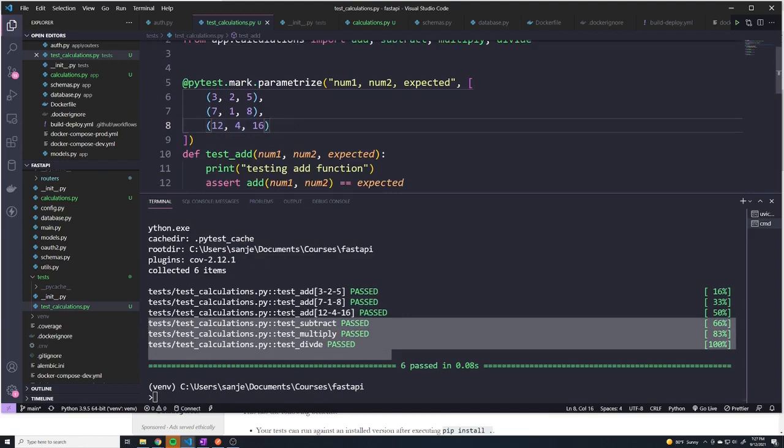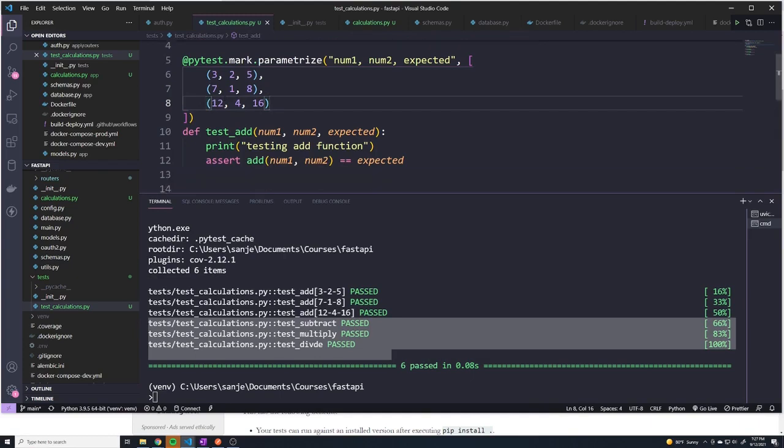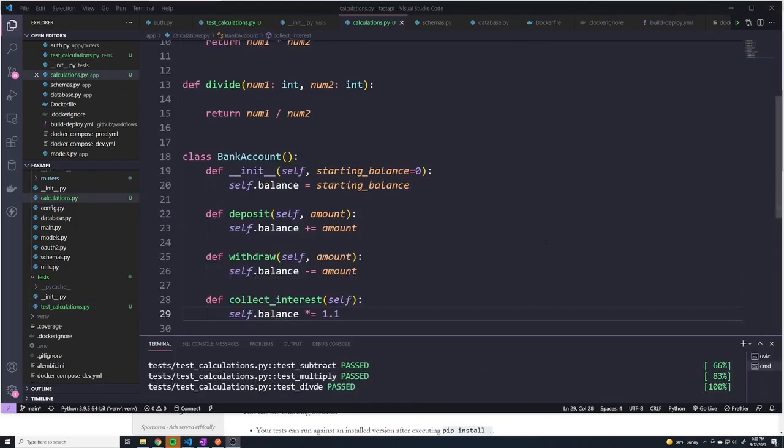So this is one way of running the same test over with multiple values without having to just define 3, 4, 5 functions and just copying and pasting. It's a little bit cleaner doing it like this. So till now, we've just tested some simple functions, and you'll see that when it comes to testing, anytime you want to test a function, it's actually pretty easy. However, when you're working with classes, it gets a little bit trickier, and it usually involves having to write a little bit more code. So I've created a simple dummy class in this case called bank account, and this represents